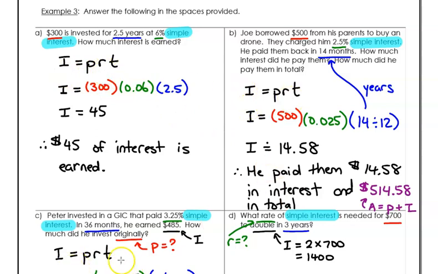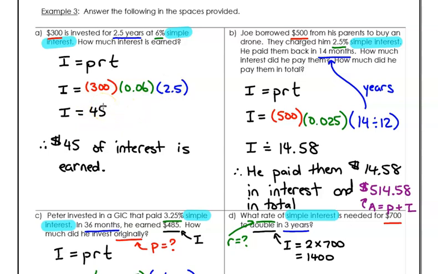Okay, so you just put it down, you literally look at what they tell you and you stick it into the formula. Okay, so $300 is invested for 2.5 years at 6%. Okay, $300 is my principal, my original amount, my P. 6% is my interest rate. Remember, you have to convert that to a decimal by dividing by 100. The 2.5 years is the time. So you put 2.5 and it already is in years. So we just literally put it as 2.5. When we take the 300, multiply the 0.06, multiply the 2.5, we get 45.